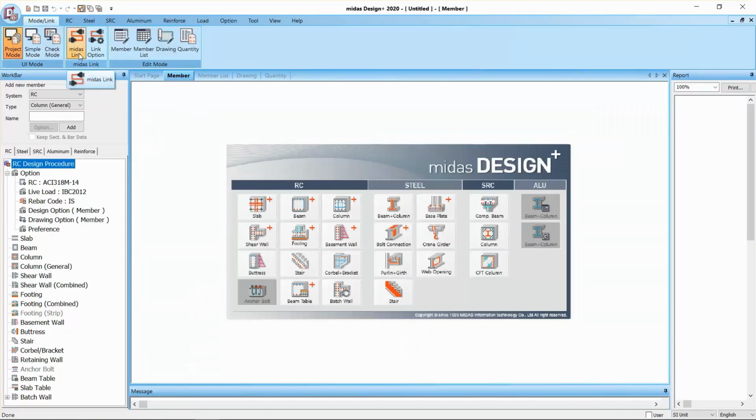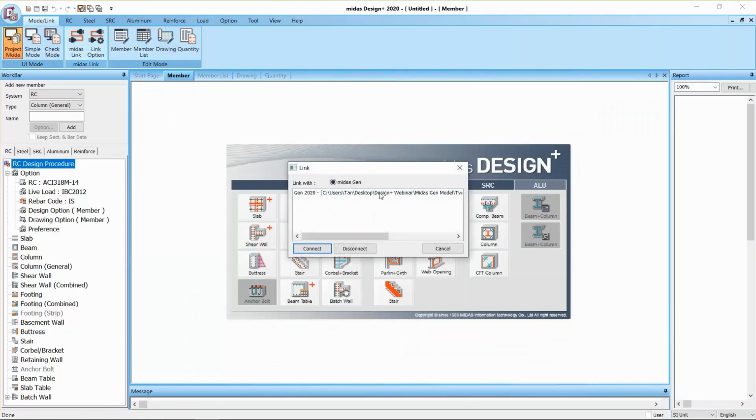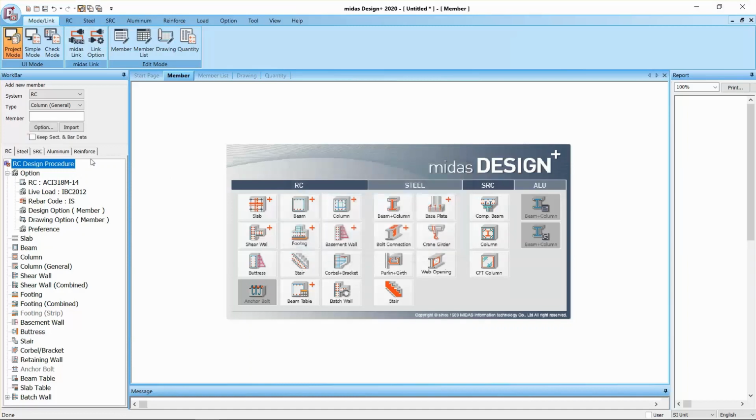If you click MIDAS link, it will appear the MIDAS gen file that is open. So just click it here and then click connect, so that once we select, for example, a certain element, it will appear here in the member, the element number. Then you can now proceed to the design of that specific member. But first,